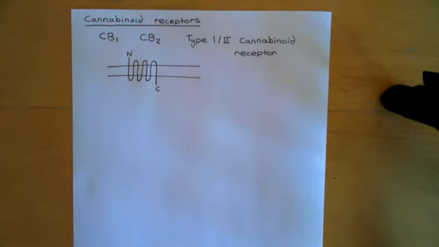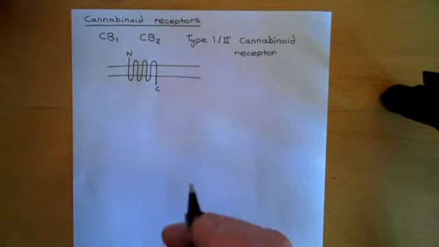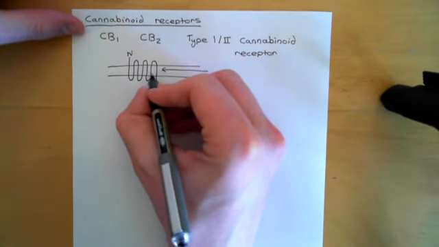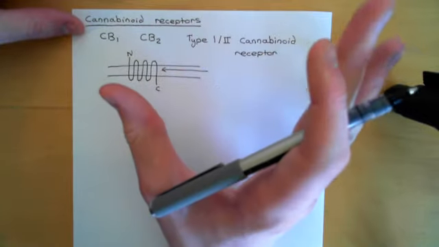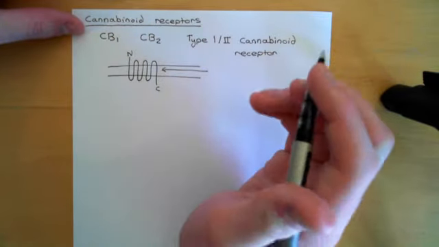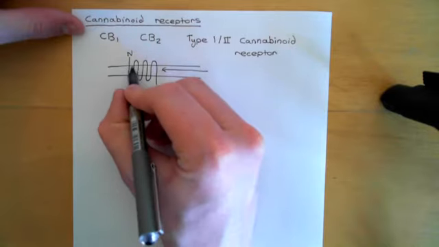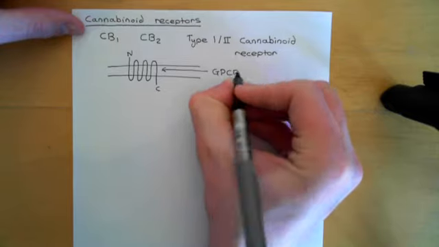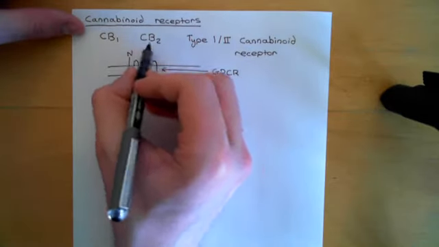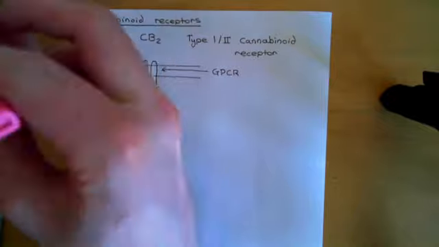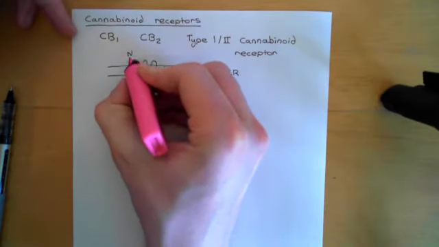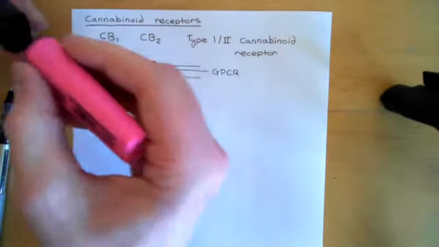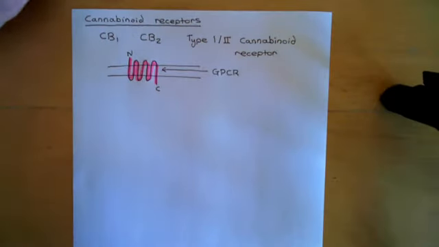So it's a massive family of proteins, and the features that they all have are that they are a single polypeptide, so it's one polypeptide, not a great big complex of proteins, and it has these characteristic 7 membrane-spanning alpha helices. So this is a GPCR, and both the type 1 and type 2 cannabinoid receptors are GPCRs, and therefore they look like this. I'll colour this in purple. So this is a picture of either the type 1 or the type 2 cannabinoid receptors.